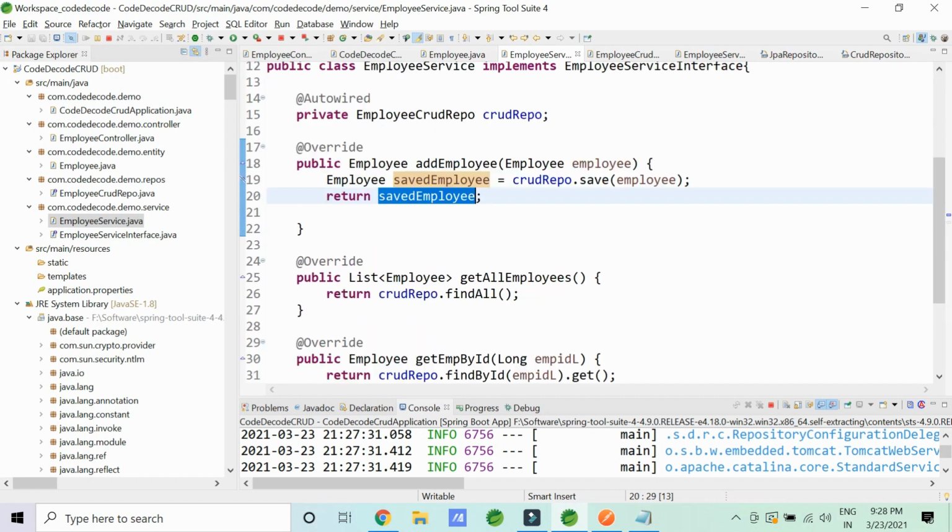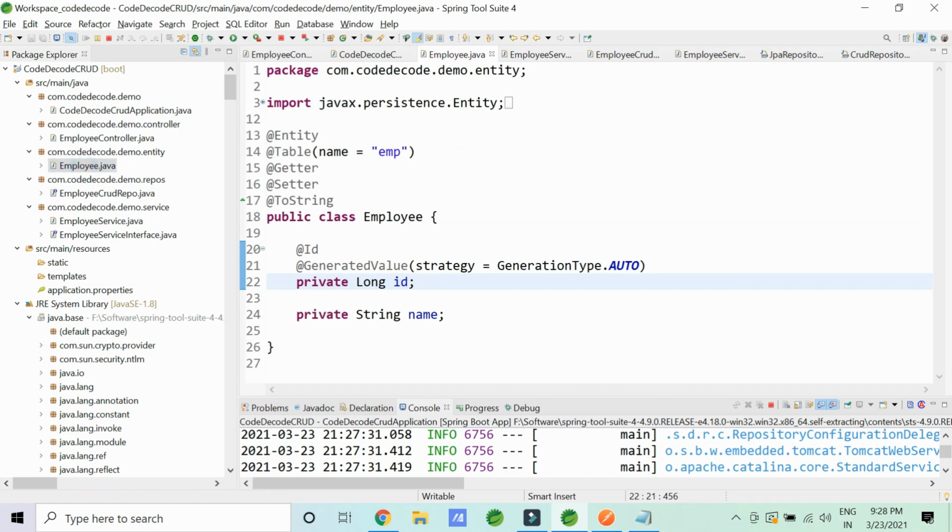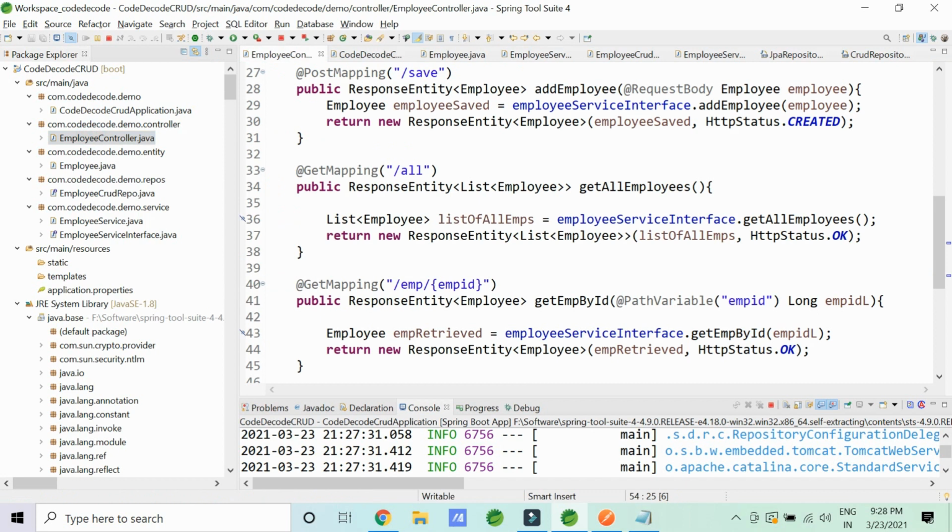This is the simple CRUD operation that you can do in any of the interviews, and you will surely be able to crack that interview. I'm sure about it. But now if they say that this is not a good code, exception handling should be done, you should not say no, this is how it should be, because yes, this code is yet incomplete. It has two things incomplete. First, the exception handling. Second is the JUnit test cases. Both of them I'm going to cover in the next upcoming video.